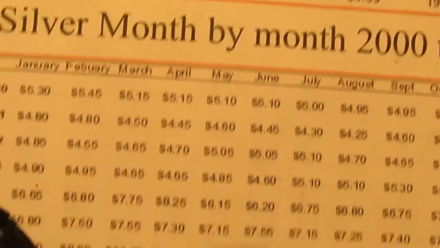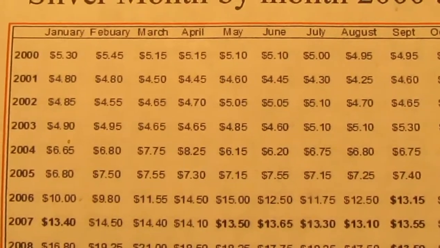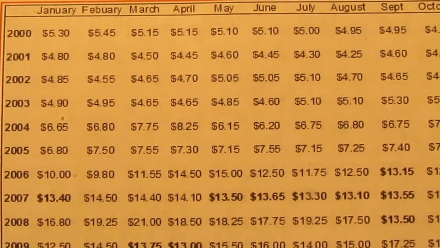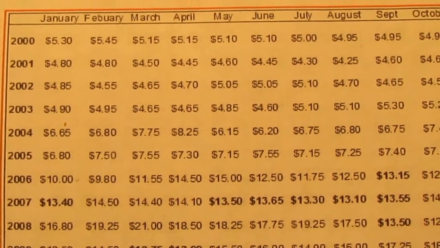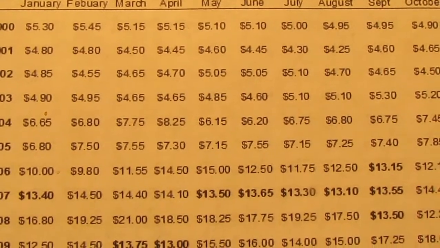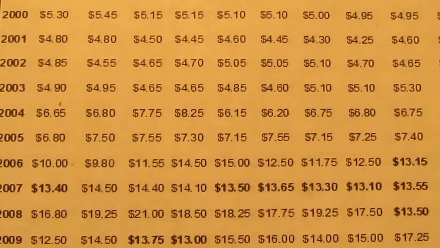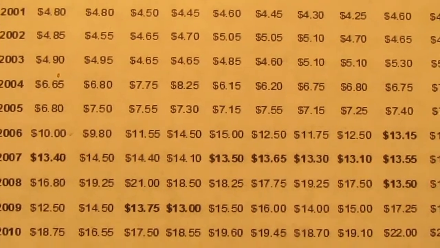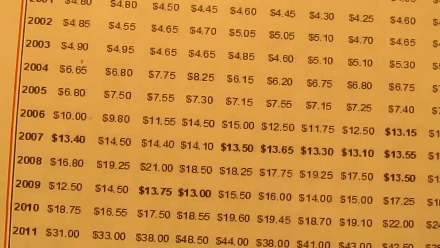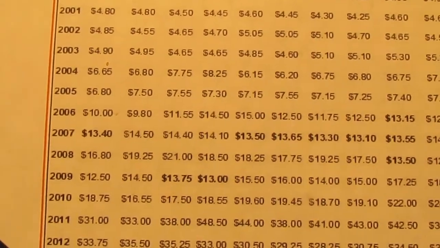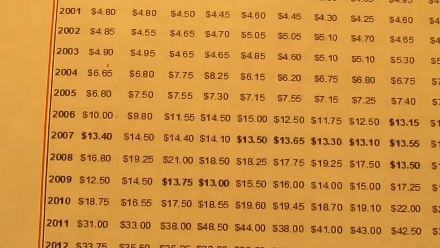Like I said, if you look from 2000 average, it spiked here and there, but on average it was around $5 to $7 an ounce until 2006 when it finally hit $10 an ounce, and then hasn't been up since. 2006, that was 7 years ago. That wasn't that long ago. So who's to say silver ain't going to drop back down?